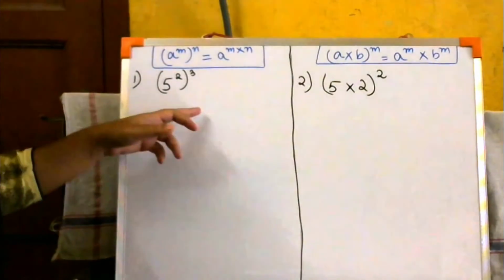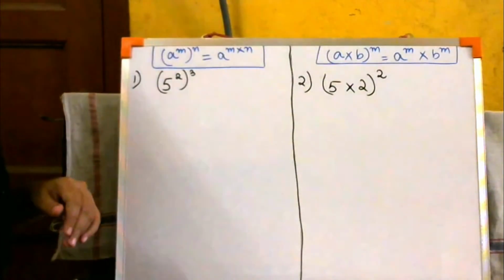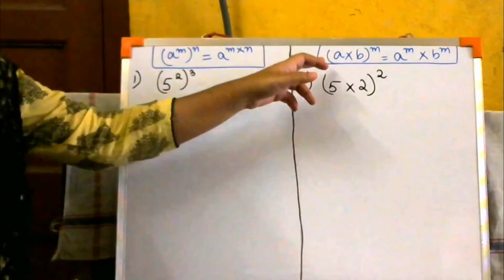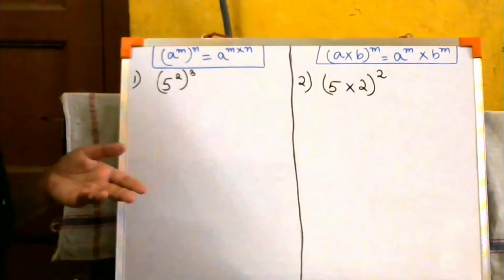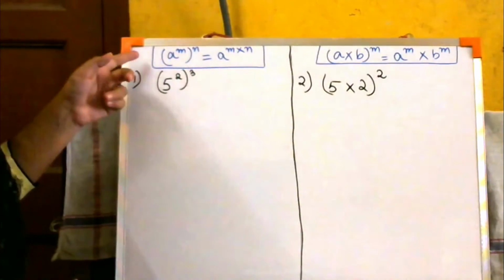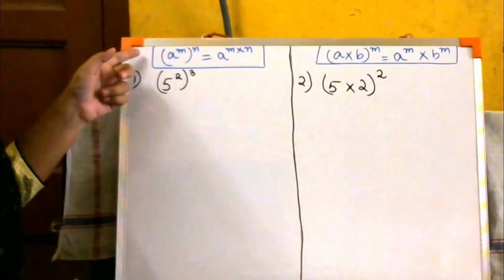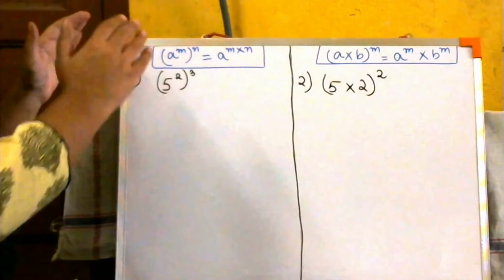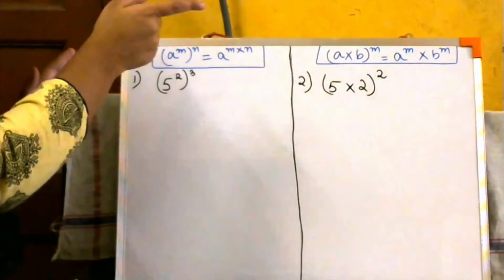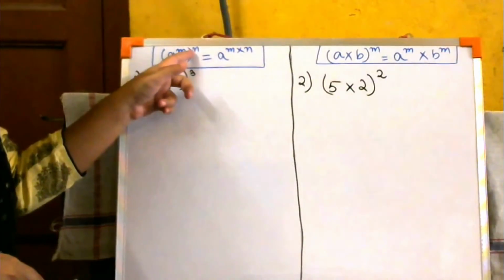Okay, now let us come to the next laws of exponents, that is law number 5 and law number 6. If you look into the laws of exponents that you have written, some of you who have written, please look into that. So you are going to see the law number 5 is this: a to the power m, ब्रैकेट के अंदर a to the power m है, ब्रैकेट के बाहर और एक पावर है, that is n. What we are going to do that time?